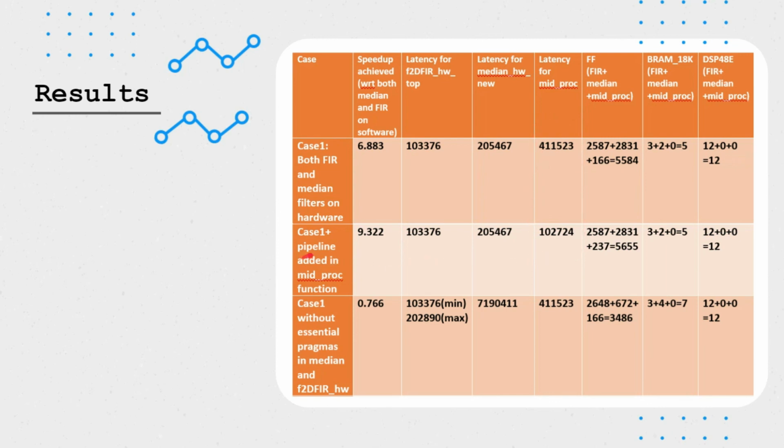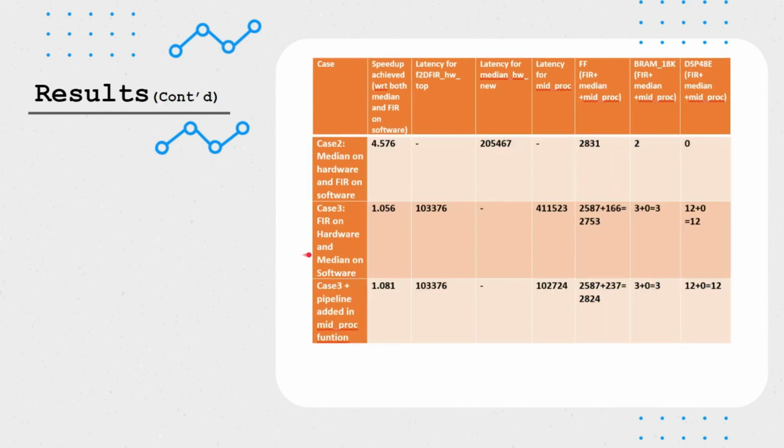With the usage of the pipelining pragma, the latency improved significantly, which is the reason behind the improvement in the speed up factor. Looking over case 2 and 3, you observe that when median is moved to the hardware, there is a significant improvement in the speed up. The reason is that the software runs a sorting algorithm which is comparatively slower, of order n squared, and on larger data order n squared would be of high factor. And thus when this sequential processing is moved to the hardware, with efficient code written in such a way that it processes a pixel at each cycle, it results in better performance.